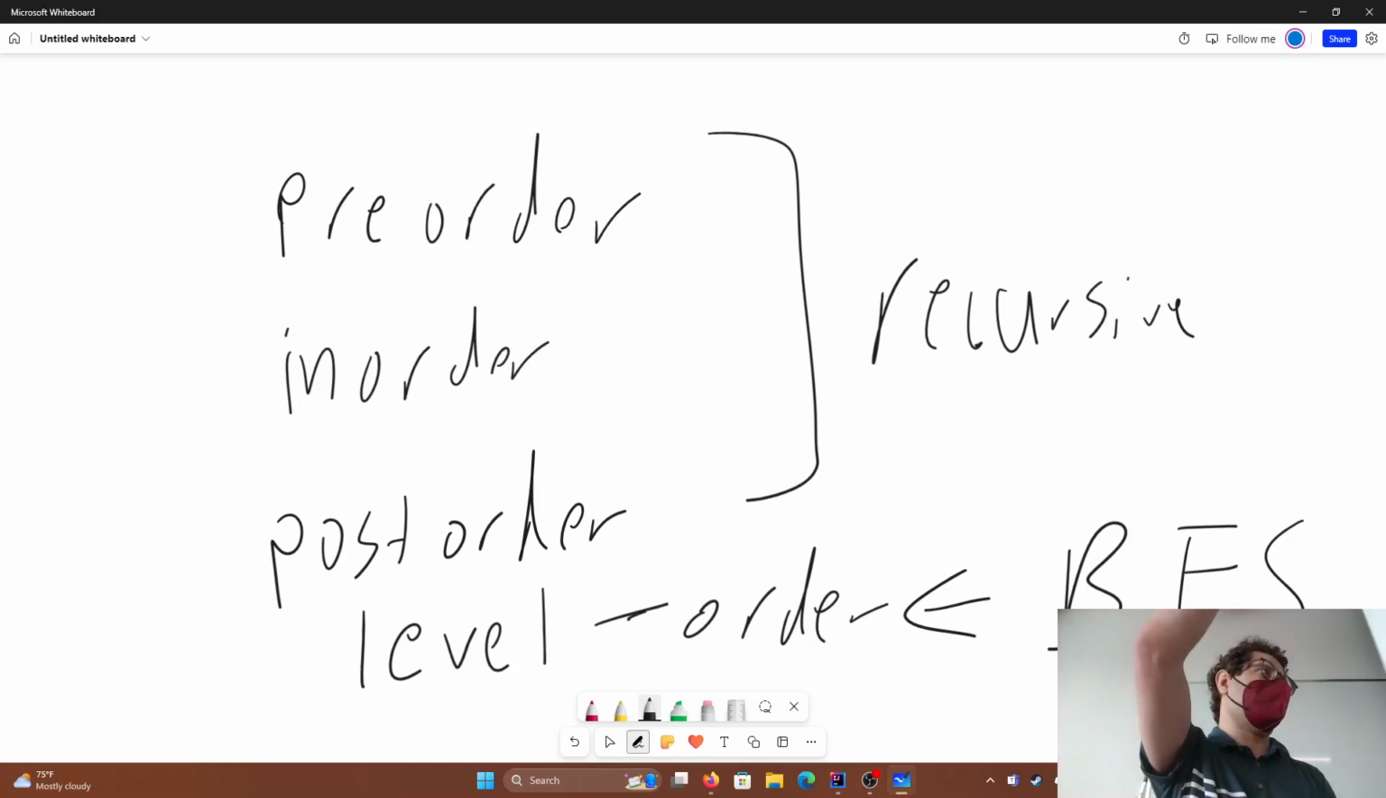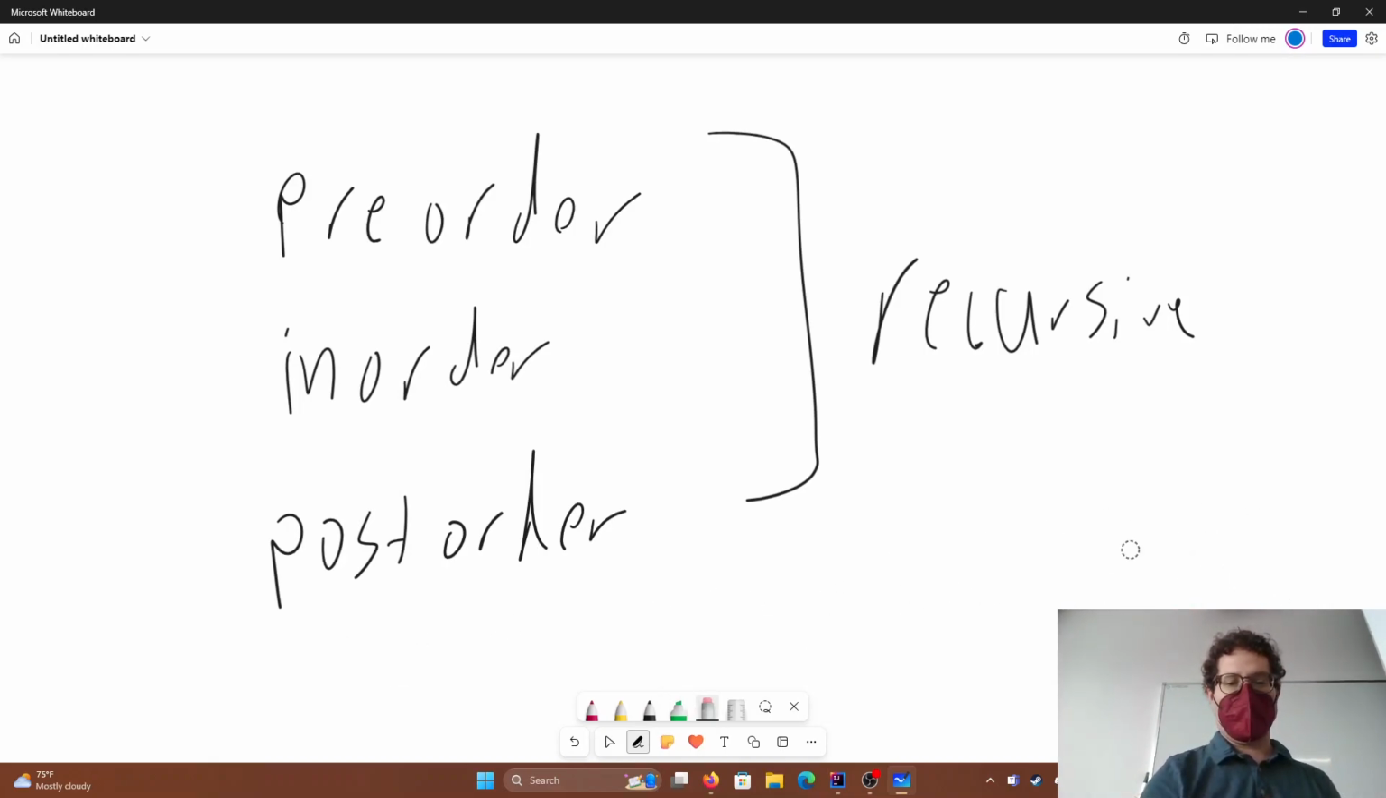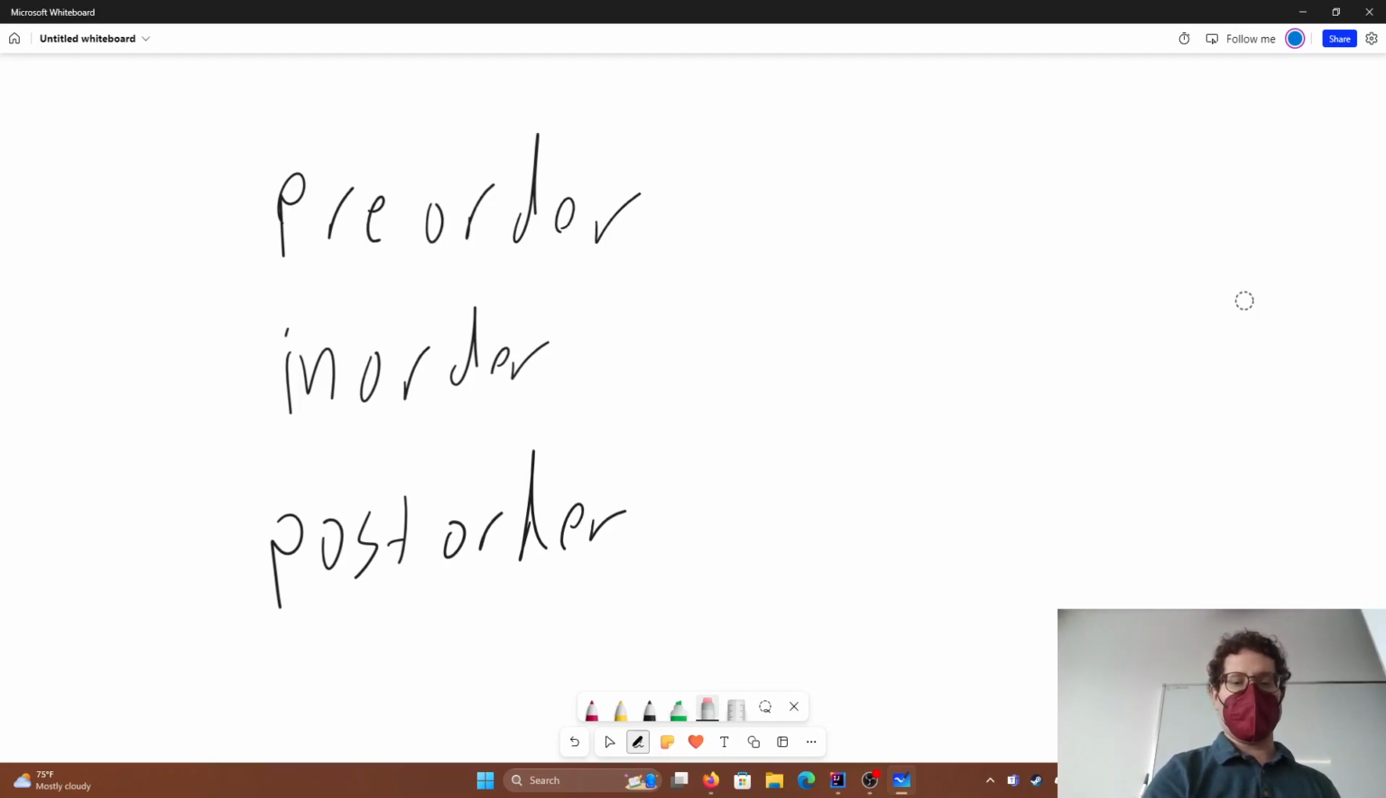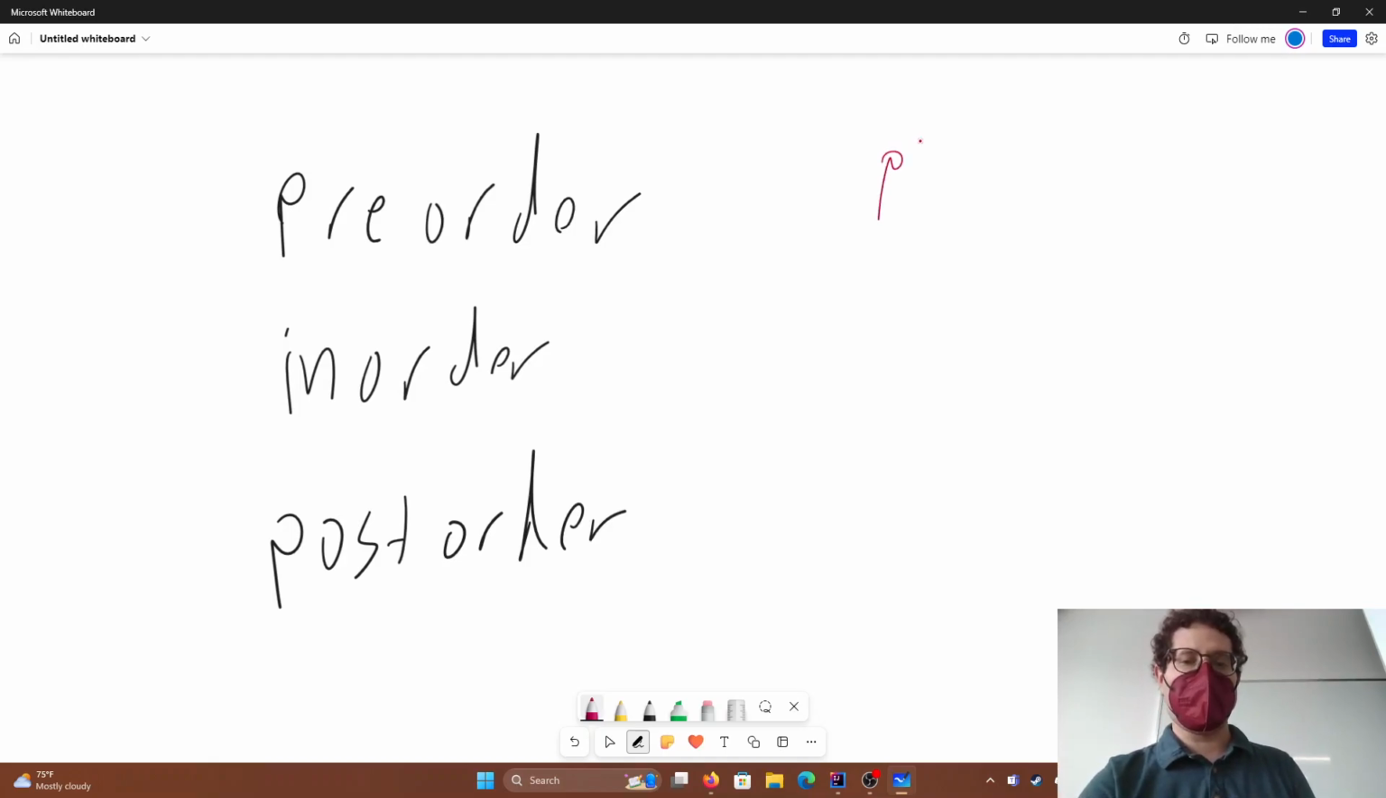It's going left to right from top to bottom. Natural kind of reading order. Okay, so with these ways, for level, pre-order, in-order, post-order, it doesn't matter what it is, you always recur